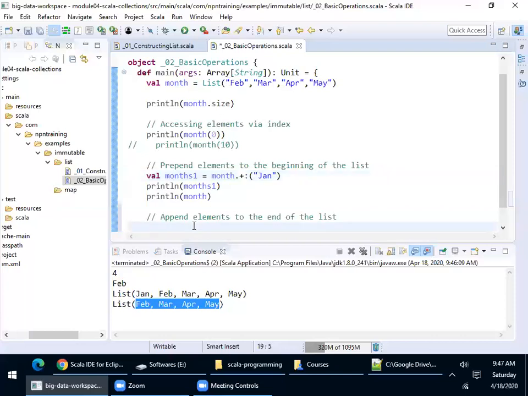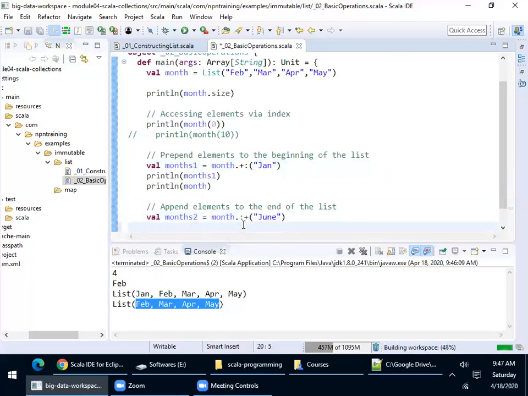Now, if you want to add elements to the end of the list, what you can do is create one variable, months2, equal to month dot, please understand the syntax, dot colon plus. That means I'm trying to add an element to the last position. So I will try to add June. Sorry, this is not months, this is month.